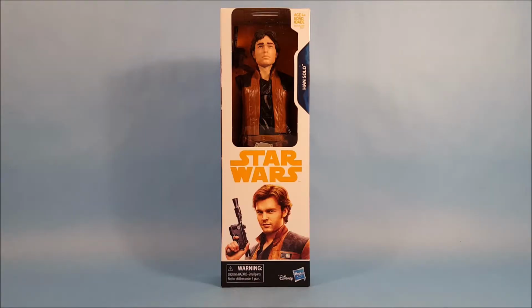Alright everybody, here we are today with a 12-inch Han Solo figure. And this figure is from the new Solo movie. And just so you guys know, at the point I'm filming this video, the Solo movie has not been released yet. It's about a week away. So there are still some things we do not know about young Han Solo. So just so you guys understand the context of this video and that the movie is not out yet, but we are going to unbox